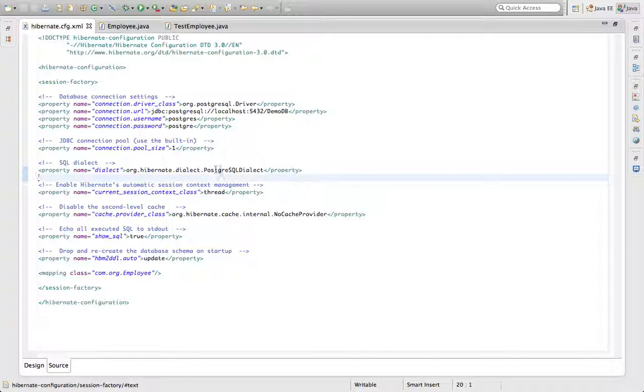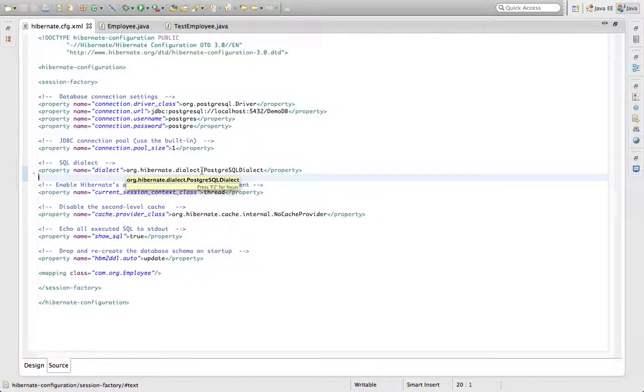The dialect acts as an interface between the application and the database. If we want to store any data into the database, in Hibernate we don't write our own queries. Hibernate has its own language, that is Hibernate Query Language. We don't need to write total queries in Hibernate. We just use the Hibernate Query Language, and we can write the queries.